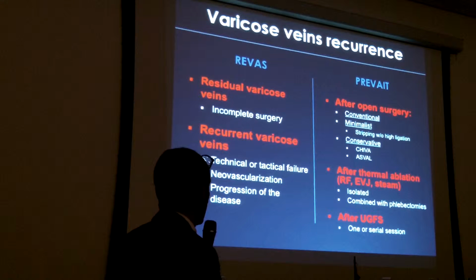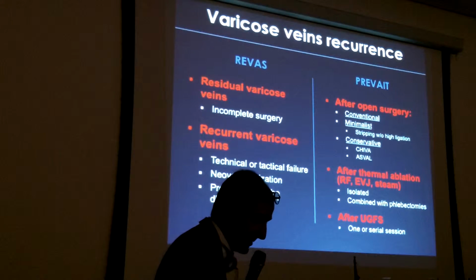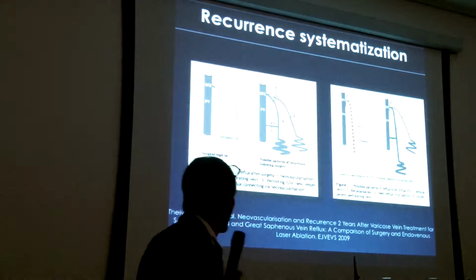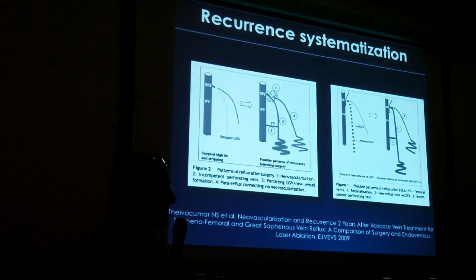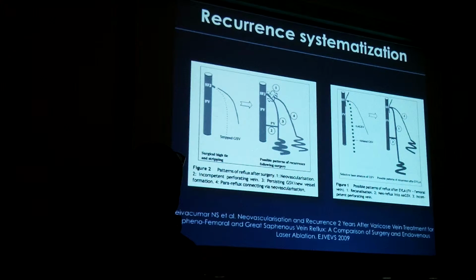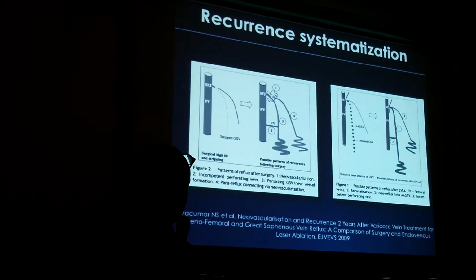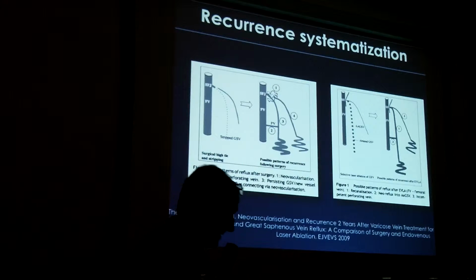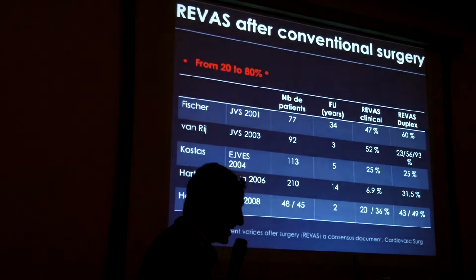This is the presence of varicose veins after treatment. It can be after open surgery, after thermal ablation, or after ultrasound-guided foam sclerotherapy. There is some difference between recurrence after surgery and recurrence after thermal or endovenous treatment. What we know is